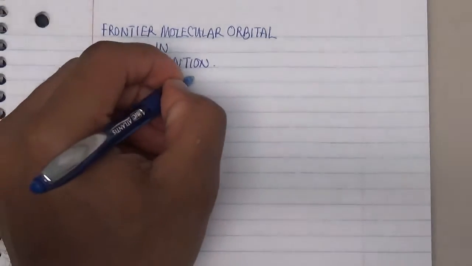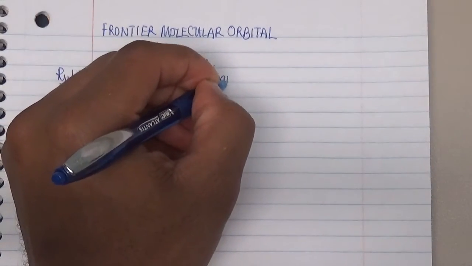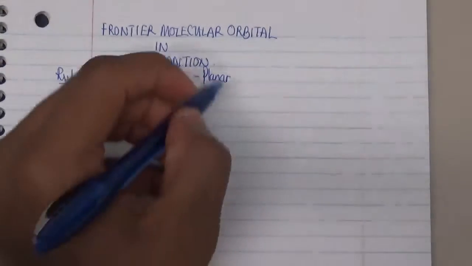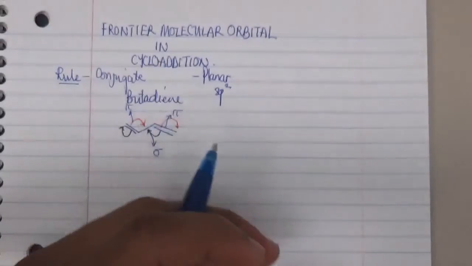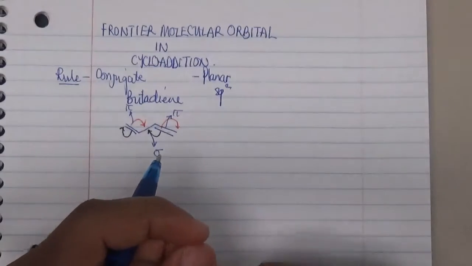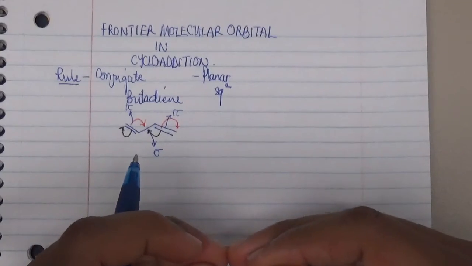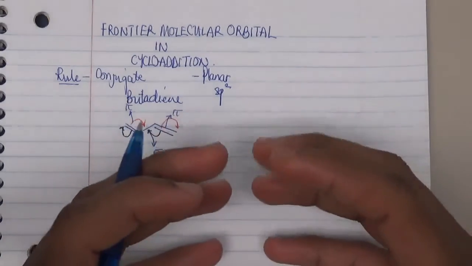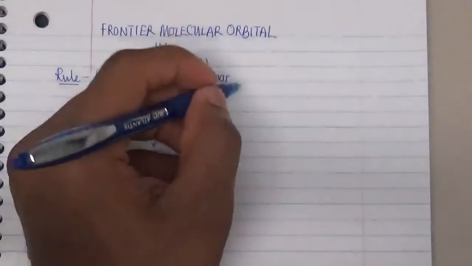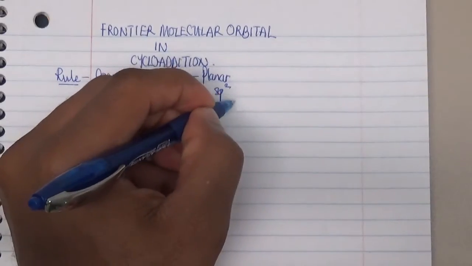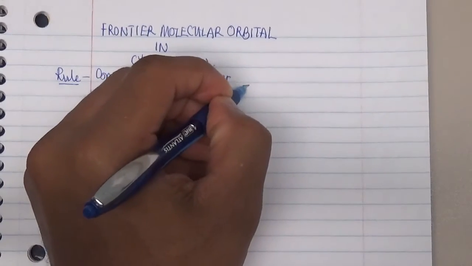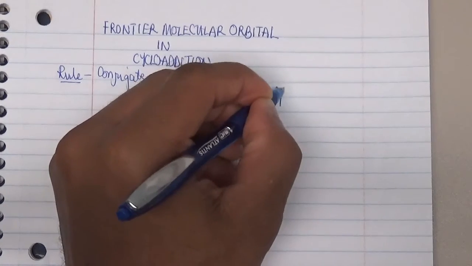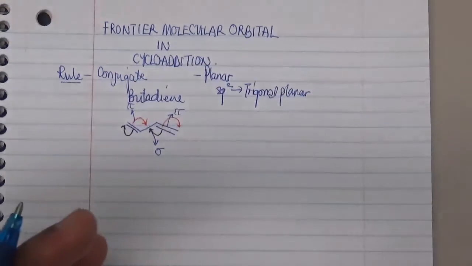Now, the next rule you need to apply is that you must recognize that the molecule is planar. What do I mean by planar? If you recall the sp2 hybridization, it involves 3 sp2 orbitals, and one orbital which is unhybridized is the p orbital, and the p orbital is involved in the formation of the pi system of this particular molecule. Now, the sp2 hybridized orbitals are the ones involved in making the plane of the molecule, in the sense that it forms the trigonal planar